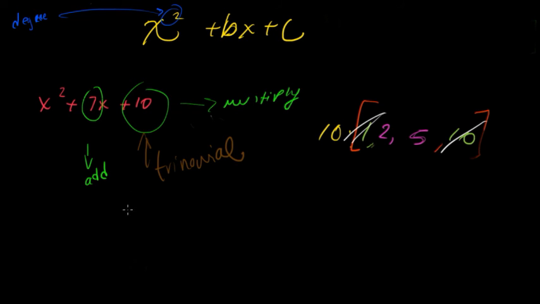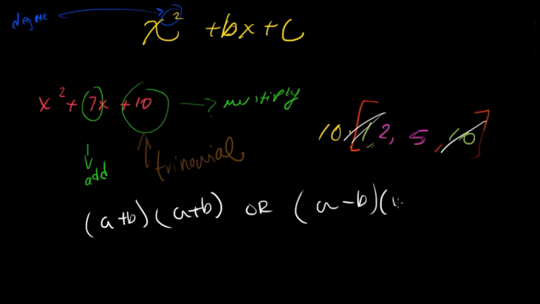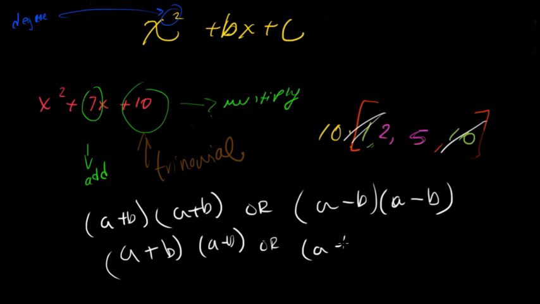The product of two binomials basically means we're factoring this into a plus b times a plus b. Or, on the other hand, sometimes you'll have a minus b times a minus b. You also have a plus b times a minus b, or a minus b times a plus b. These are some of the things that we'll actually